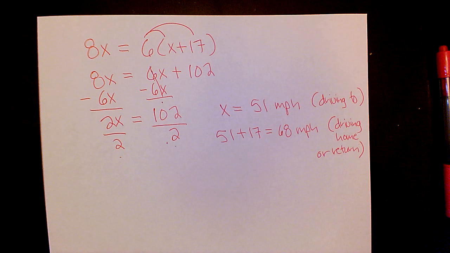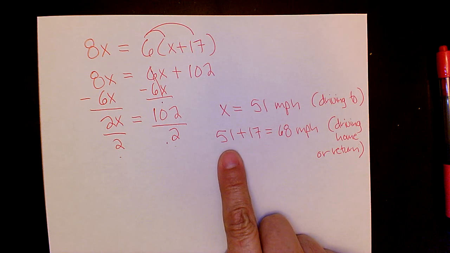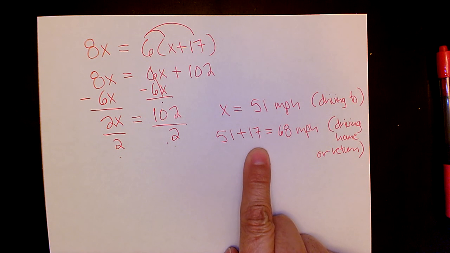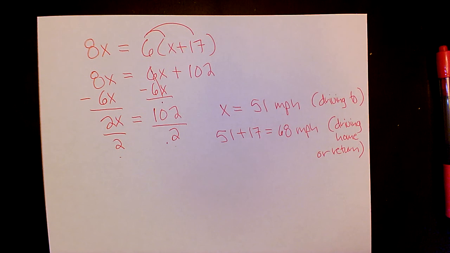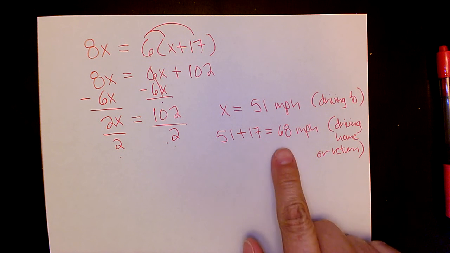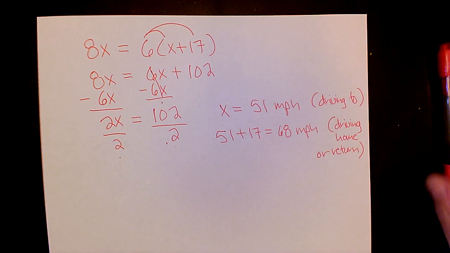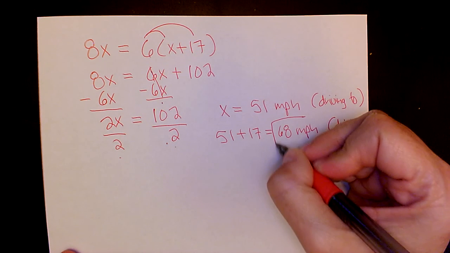They are looking for the average speed on Mike's return drive. So we know that he was going 17 miles an hour faster. So you just add the 51 and the 17 and you get 68 miles per hour,